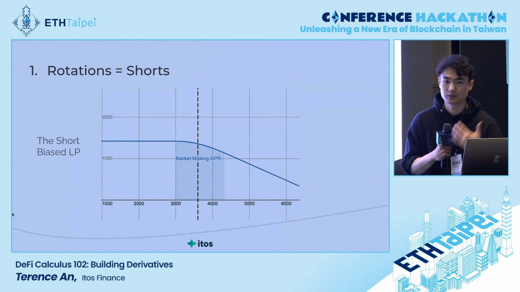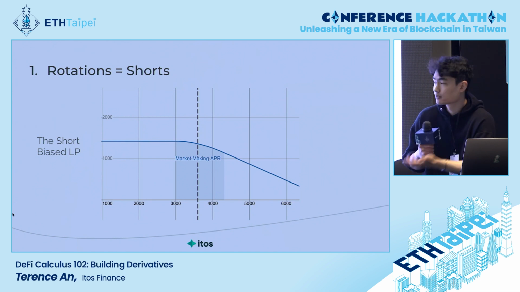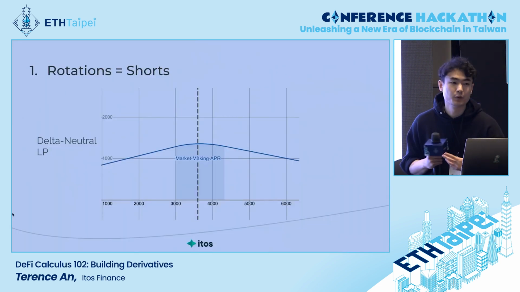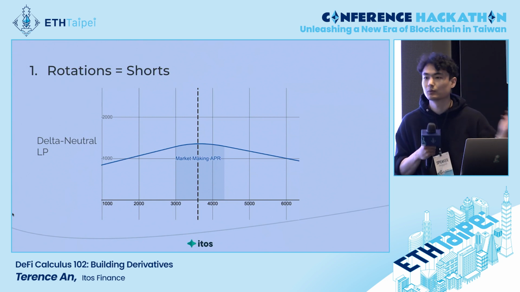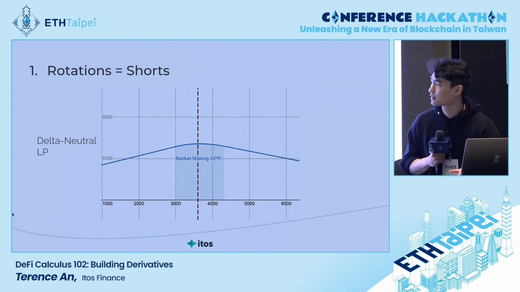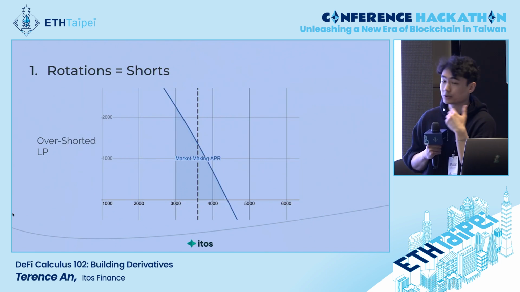Once we short the, in this example, ETH token, into USDC, the combination of the two gives us this type of payoff. We still make fees in the same range, but we just have a slightly different exposure. And we can also short everything in between one end or the other, and so we can make a delta neutral position just by shorting less. Nothing crazy here. The one caveat, though, is you don't want to overshort.